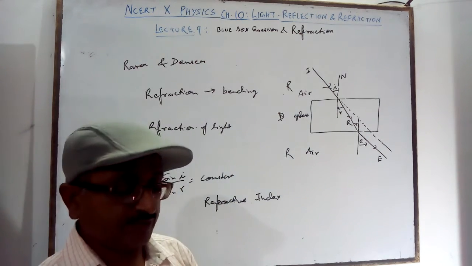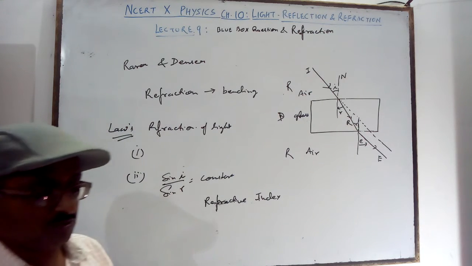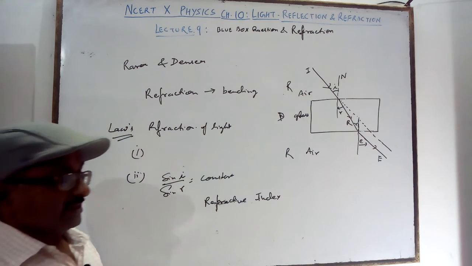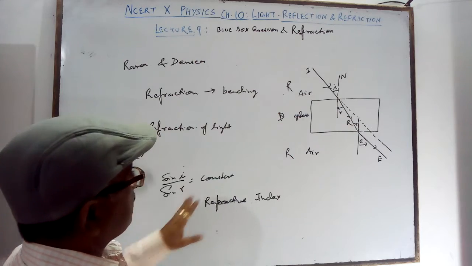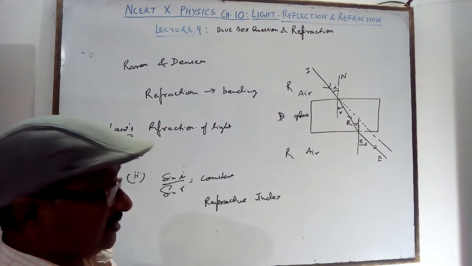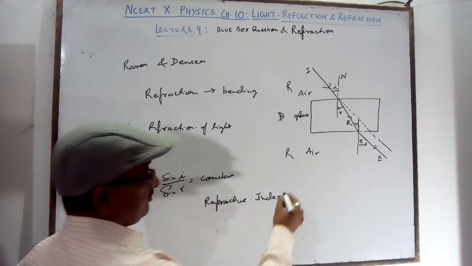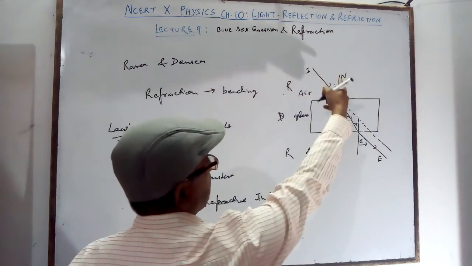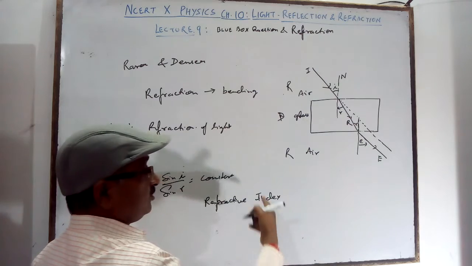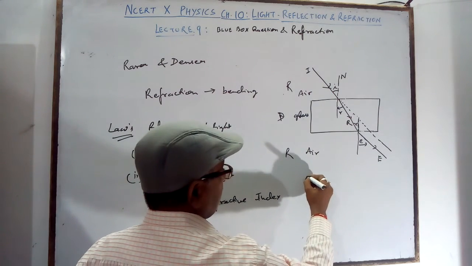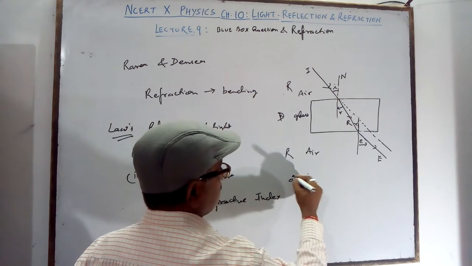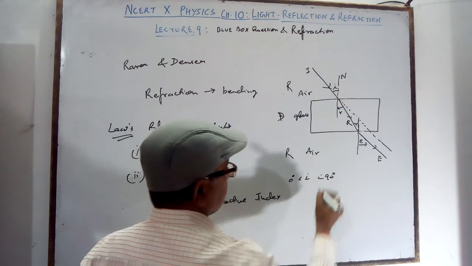It is given in your book, Snell's law of refraction. The angle I lies between 0 and 90 degrees. I will not be 0 degrees or 90 degrees; then the ray goes straight and there is no refraction. I will always be greater than 0 degrees and less than 90 degrees.